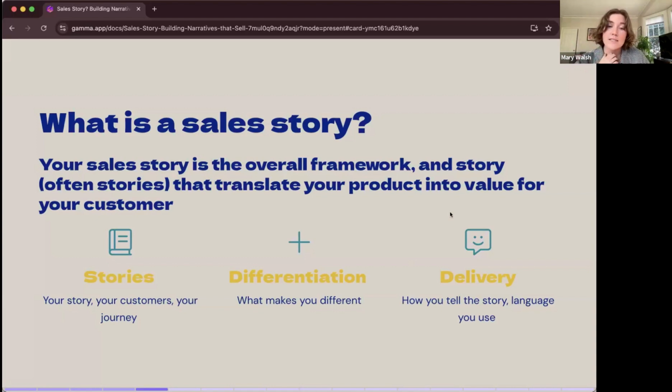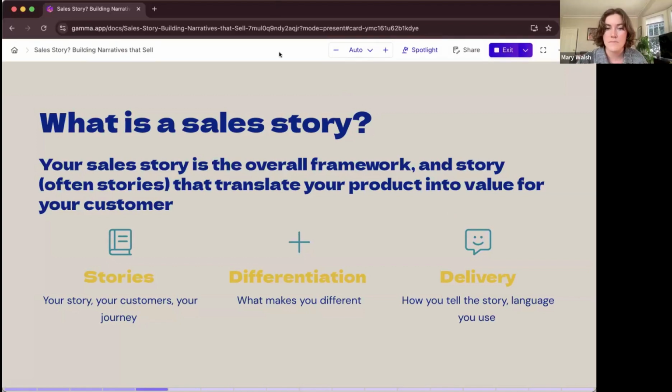That all being said, there are three buckets that we're going to touch on today. One, the stories themselves, the kinds of stories you're telling. Two, differentiation. You're going to see that this is a theme throughout this workshop. It's going to be really important, especially in certain types of storytelling, to hit on that. And then lastly, delivery. I think this is often overlooked and yet super important to think about. When we're storytelling about our business, it also matters the words that we're using and how we're delivering that information.